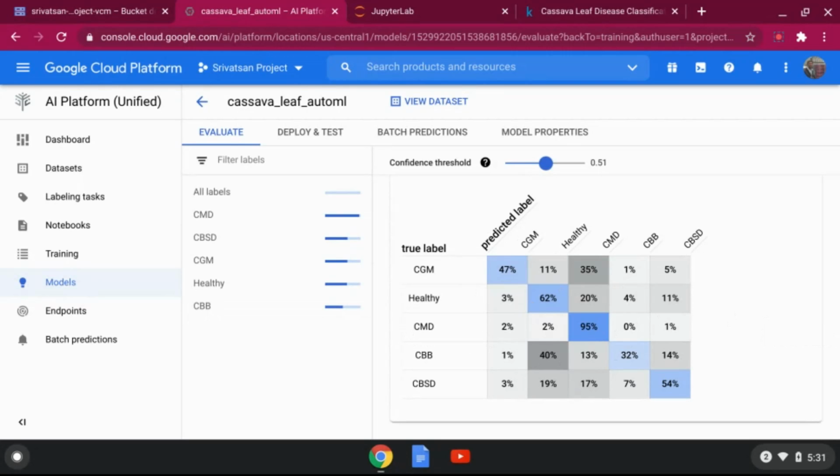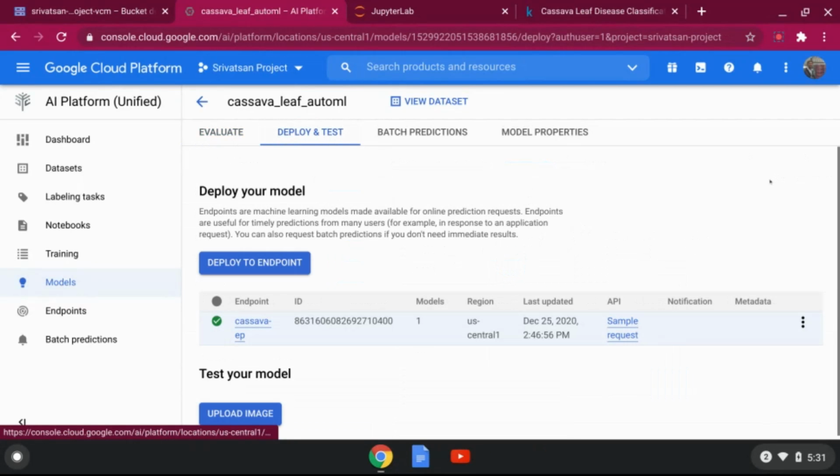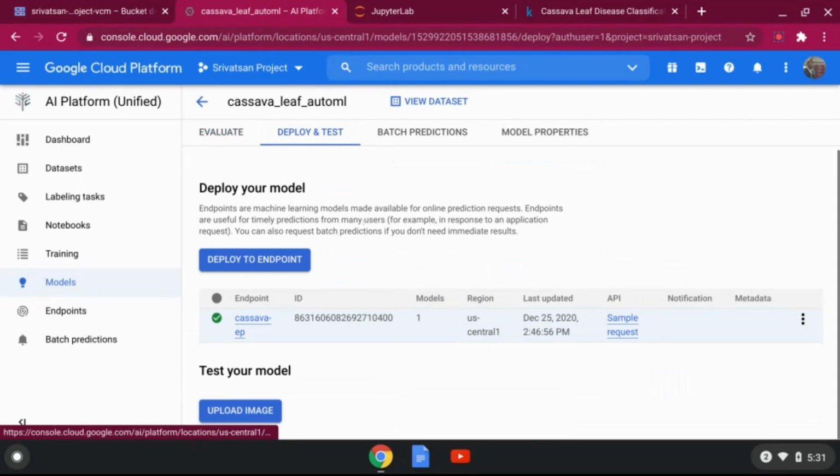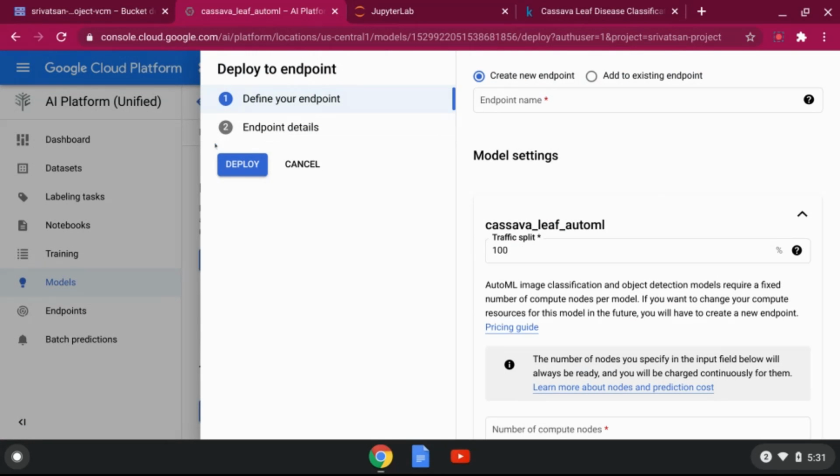Now think we are fine with it; otherwise, we can go back and iterate. If we are fine with it, we are just going to say deploy and test. Once I do deploy and test, I can say deploy to endpoint. In the deploy to endpoint, I just give a name, say cassava_deploy, and then